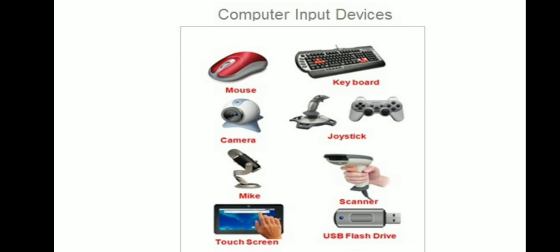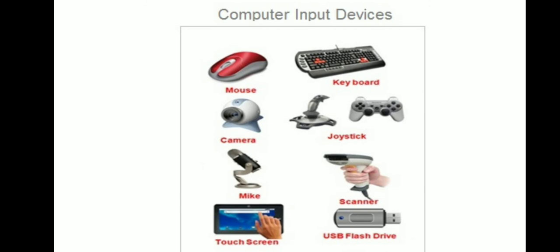Okay, the scanner is divided into three different types: flatbed scanner, handheld scanner, drum scanner. Flatbed scanner does the same work as a photocopy machine. Handheld scanner, you may see the barcode reader in shopping malls to scan the product code. Okay, and drum scanner is to capture the highest resolution from the image. And pen input, which is used to interact with your system either by selecting the objects or drawing directly on the screen.